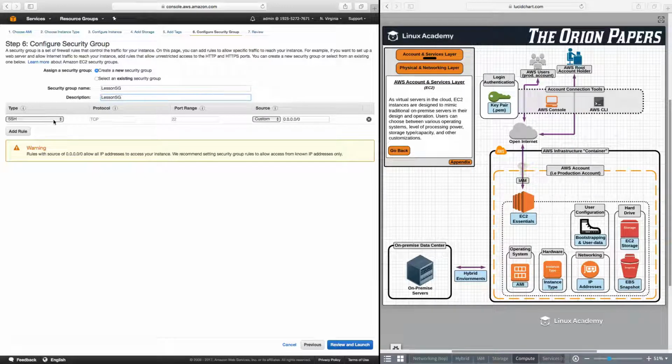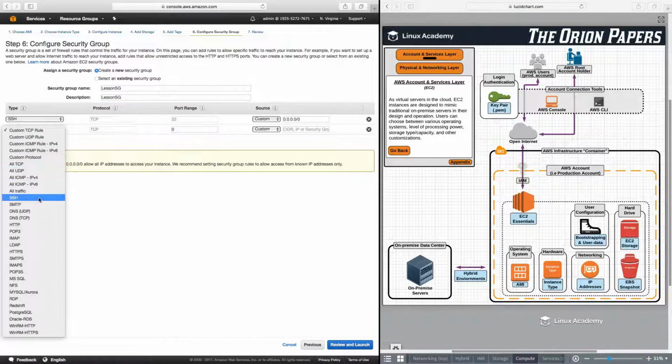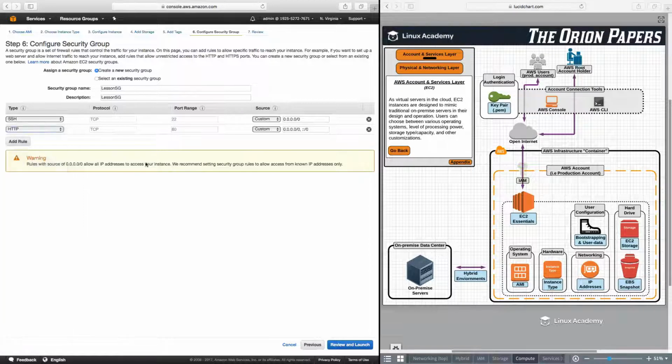Currently, it comes default with SSH, which I'm going to need. And I can also do something like add HTTP, which gives us access over port 80. And again, it comes default from all sources. Now I can go ahead and review and launch and assign this new security group to our EC2 instance, but